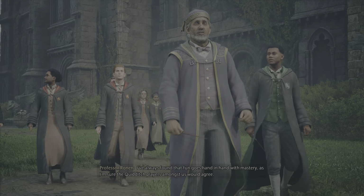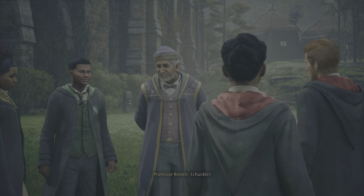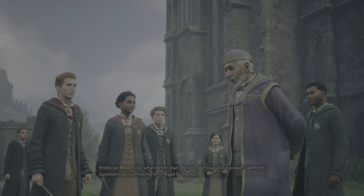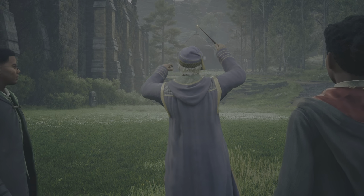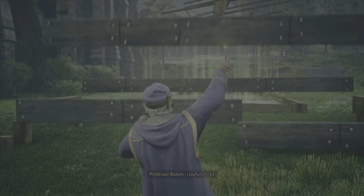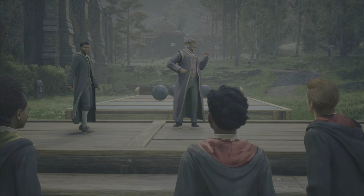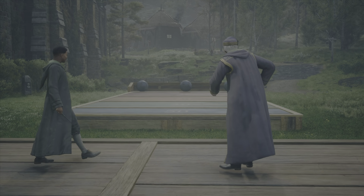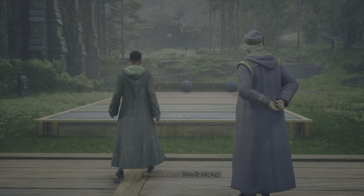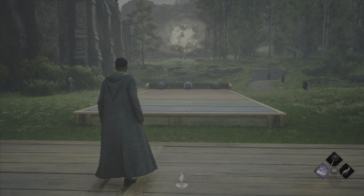I've always found that fun goes hand in hand with mastery, as I'm sure the Quidditch players amongst us would agree. So, what better than a bit of sport to put our prowess with the summoning charm to the test, right? So why don't we have our newest student start us off? Very simply, cast Accio on one of the spheres and relinquish your charm at the last possible...